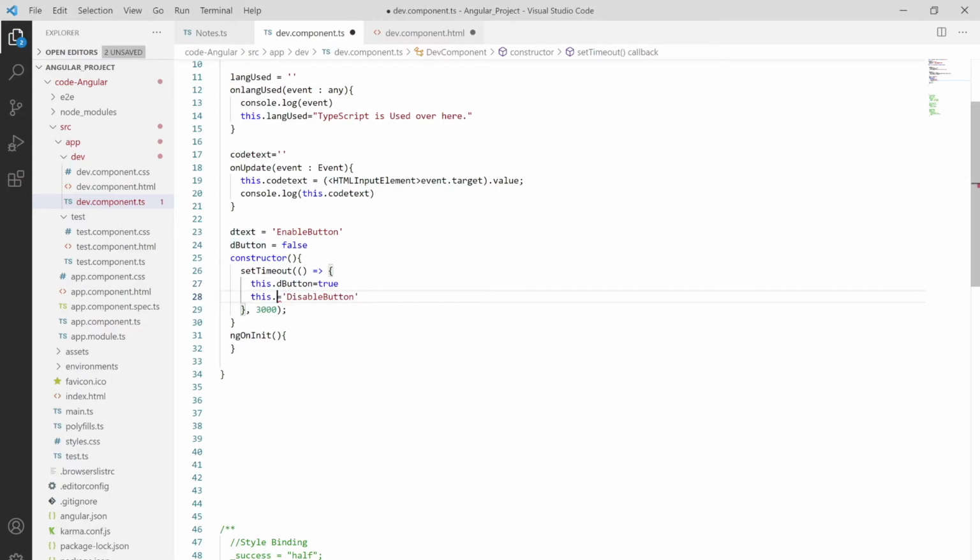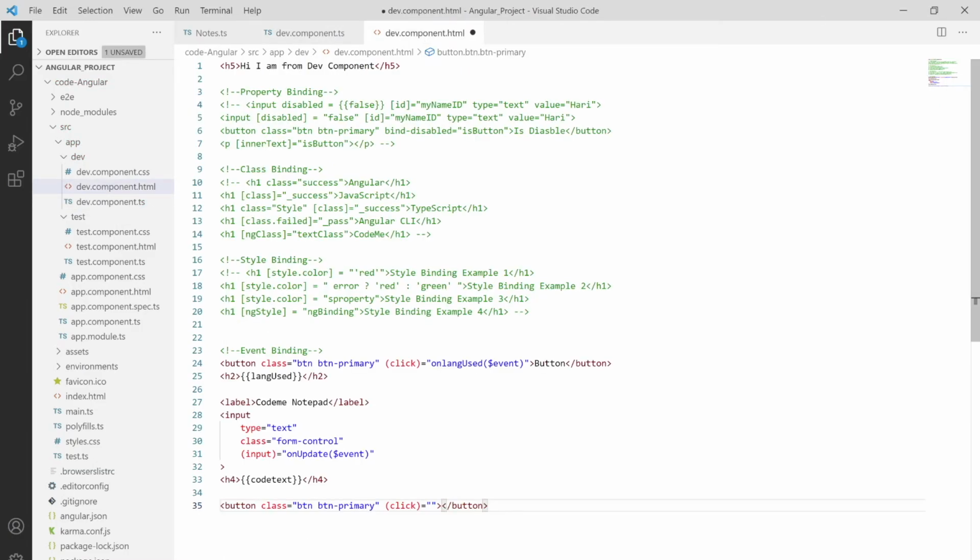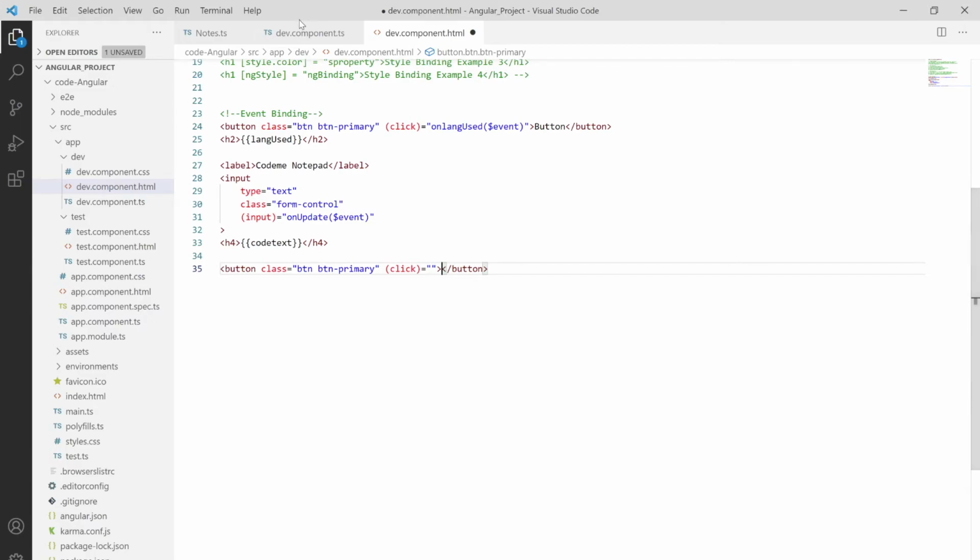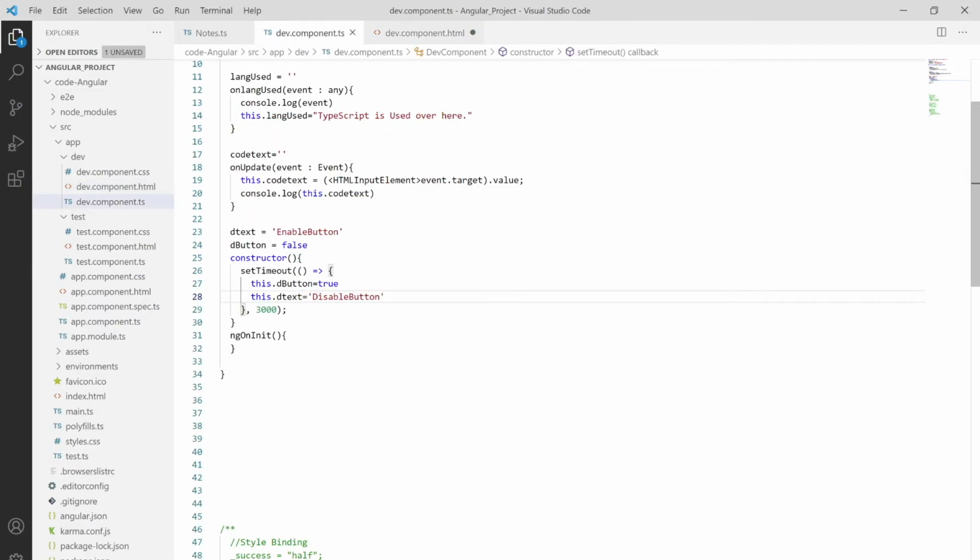So we have D text over here, and let me save this thing, as well as go to the HTML. So I'm using on click of this thing.